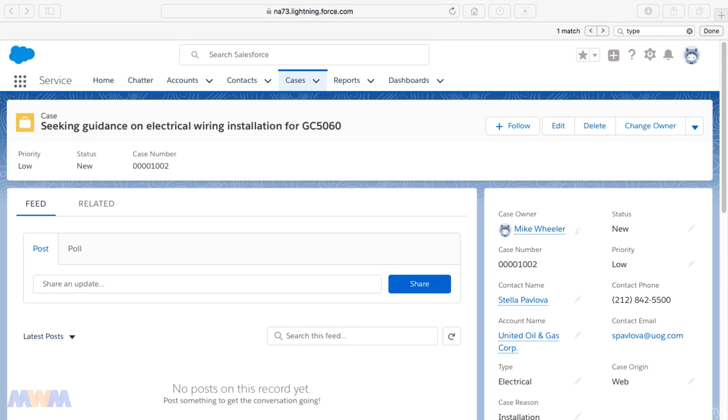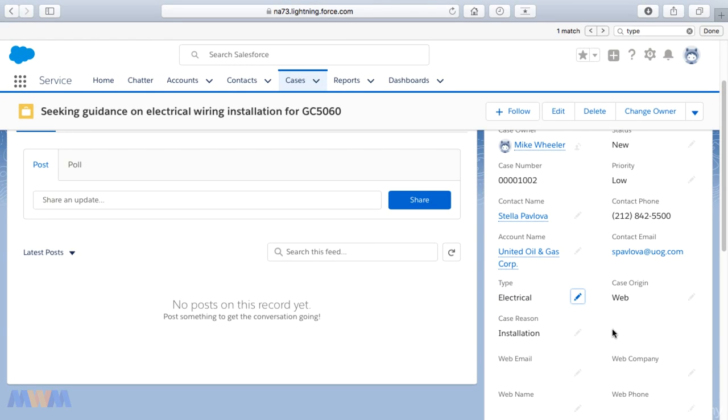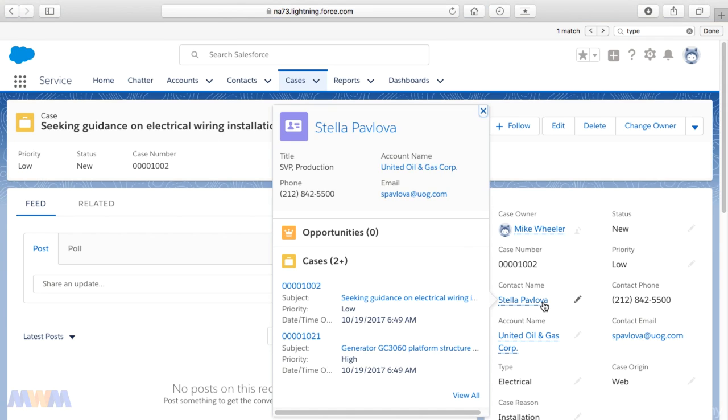So now we're going to talk briefly about the use cases and benefits for the different interaction channels. And we're going to be diving into interaction channels very in depth later on in this course. So we're going to be brief here, just to give you introductory information around what we mean by interaction channels. So I'm on this sample case here for Stella Pavlova, who is just a fake contact record in free developer